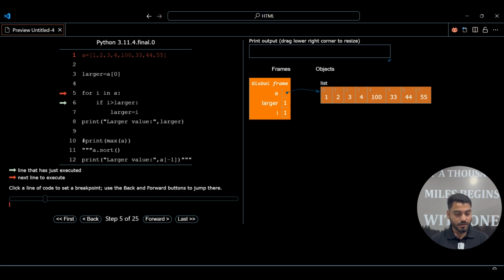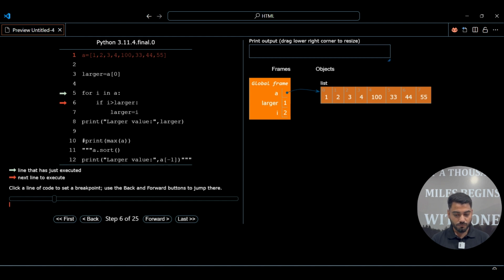Again it will increment the I value. Now I value became 2. It checks if 2 is greater than larger. Larger is 1, I is 2, so 2 is greater than 1. Yes, it is true.